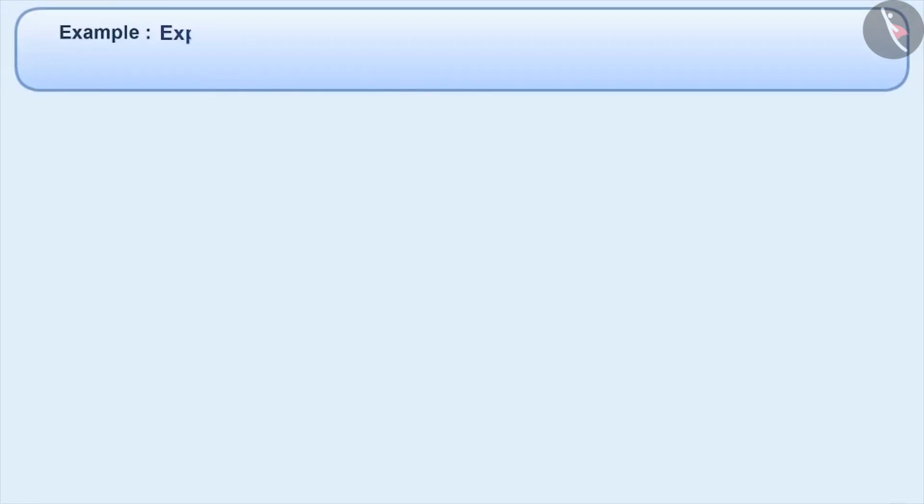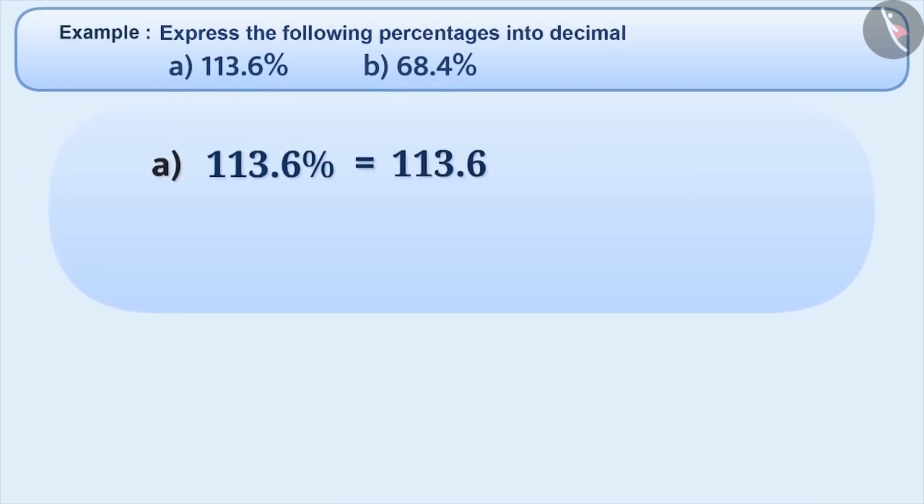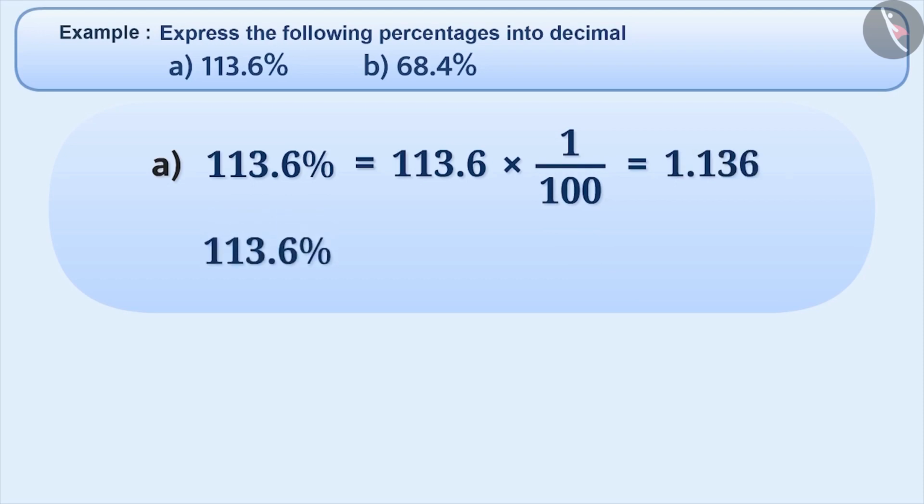Next example. Express the following percentages into decimals. 113.6% is equal to 113.6 into 1 by 100, which is equal to 1.136. To express a percentage into decimal, we will move the decimal point 2 positions towards the left. In 113.6, after moving the decimal point 2 positions towards the left, we get the decimal form 113.6 as